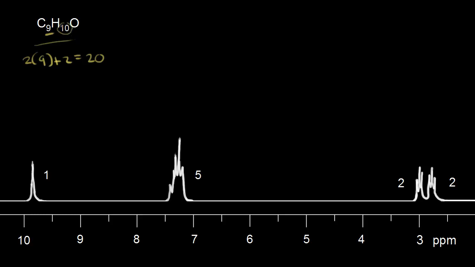Here we have only 10 hydrogens. So we are missing 10 hydrogens, or we're missing 5 pairs of hydrogens. Therefore, the hydrogen deficiency index is equal to 5. With an HDI of 4 or higher, you think benzene ring. So I'm going to go ahead and draw a benzene ring in here because I'm pretty sure there's one in